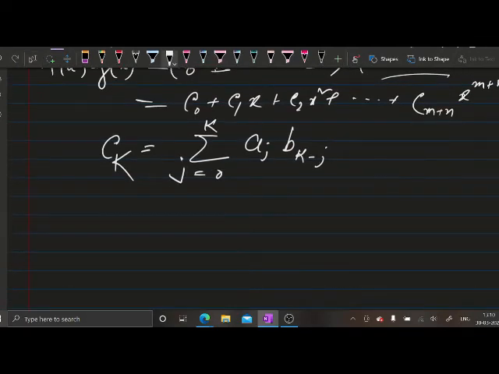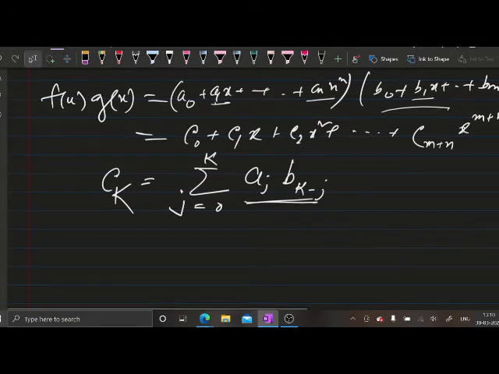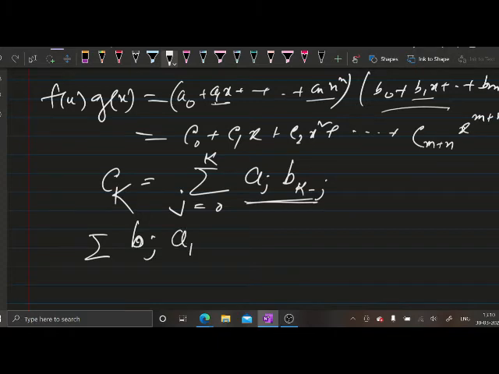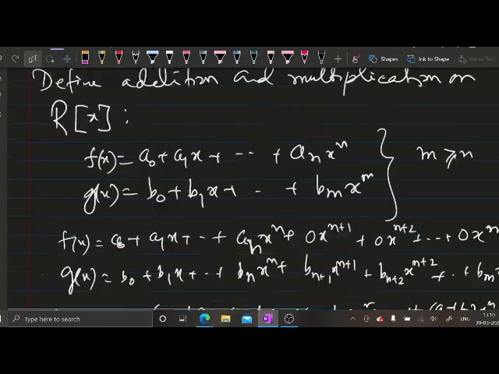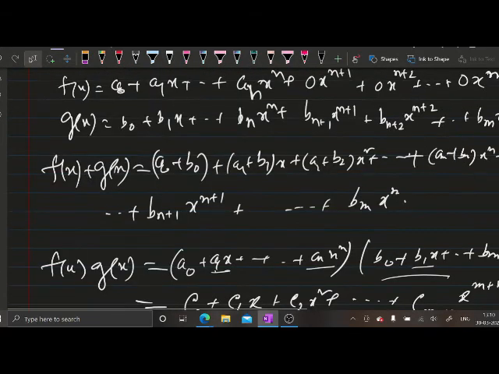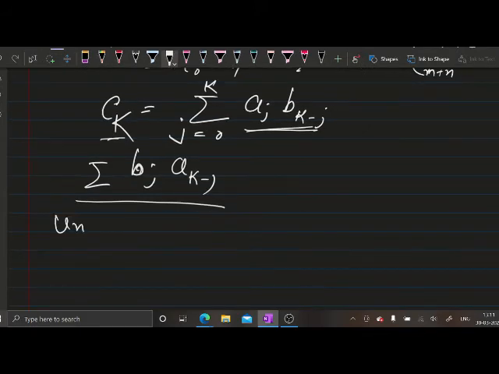Now it should be noted that you cannot interchange these two like this. That is, suppose you take b_j a_{k-j}. R is a ring, so you cannot write this c_k as a sum of this one, because I have not considered commutativity here. So unless R is a commutative ring,